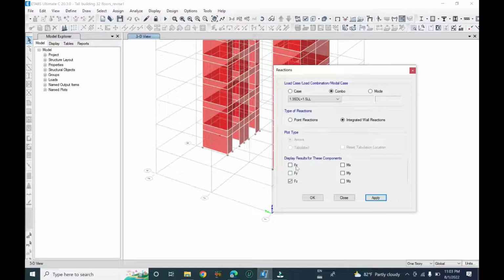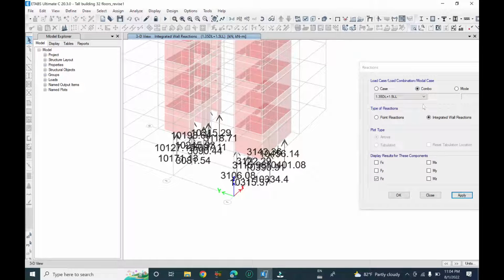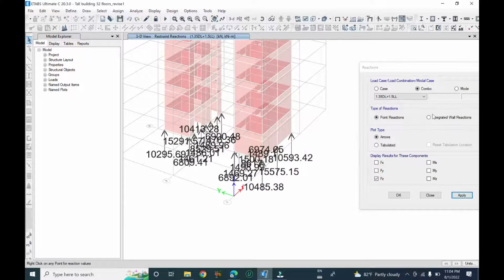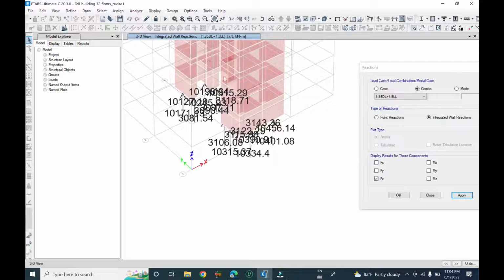You can click all, both for the moment and for the horizontal force, and also for the vertical reaction. Now click apply. Click apply, and you can click on the point reaction, or you can click on integrated wall reaction. You can click on option,